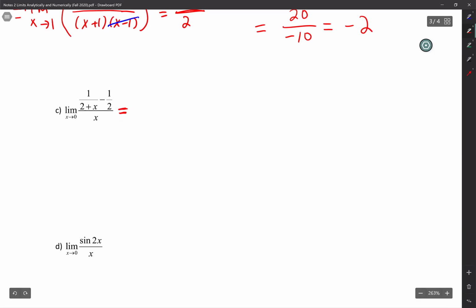All right, so what I'm going to do, I'm going to find a common denominator because we know it definitely has a limit. So in the numerator, I'm going to find a common denominator. So I'm going to multiply the right by 2 plus x over 2 plus x. I'm going to multiply the left by x over x, and then in a little bit, I'm going to move the x up. So I'll write the word limit because I haven't evaluated it yet. Limit as x approaches 0. And then I'm going to open a parenthesis because we're going to have pretty big stuff there. And let's see, x times 1 is just x over x parenthesis 2 plus x. You can distribute it if you want. I'm not going to distribute it yet. Minus 1 times 2 plus x is 2 plus x over,